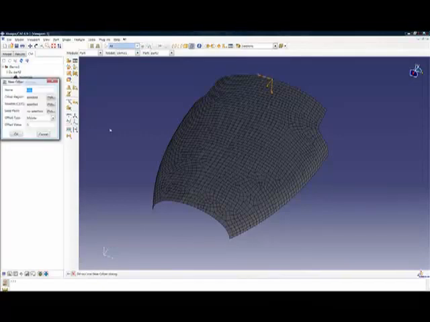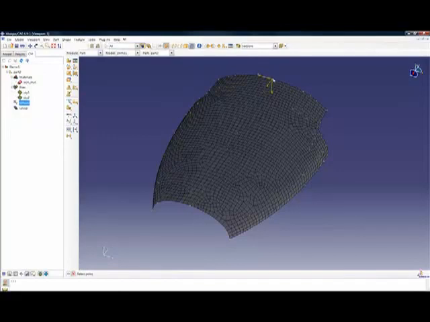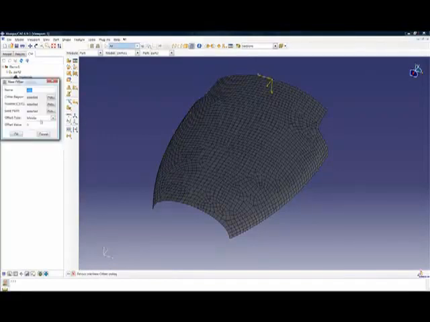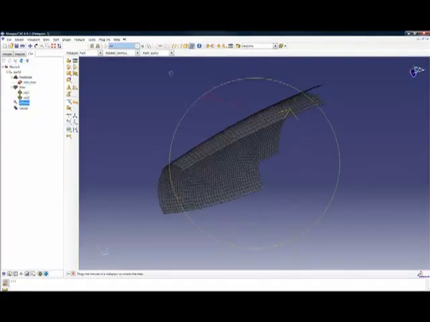We need to select a coordinate system, again for the same idea that the z direction is the direction of the offset. A seed point at which to apply that offset, the initial offset, the direction,